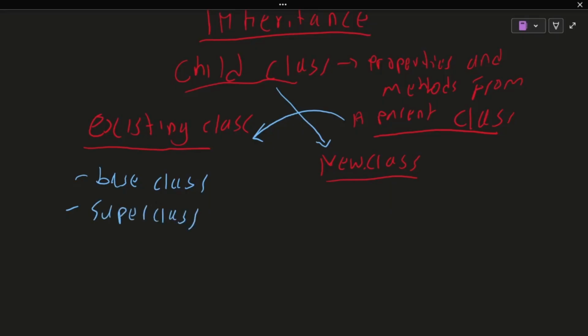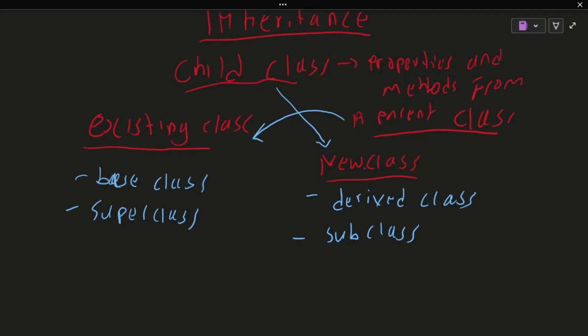Then the new class or a child class may be called a derived class or a subclass. So when they phrase the question, or create a base class or a parent class,